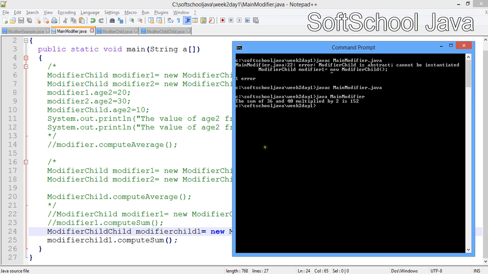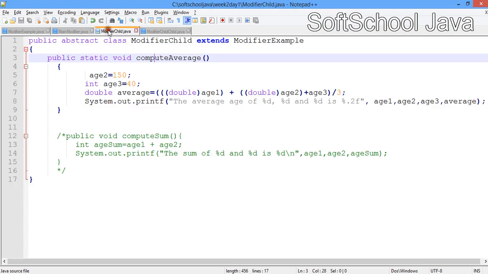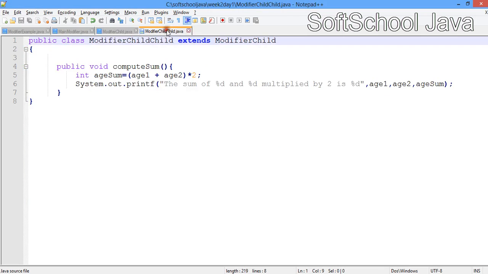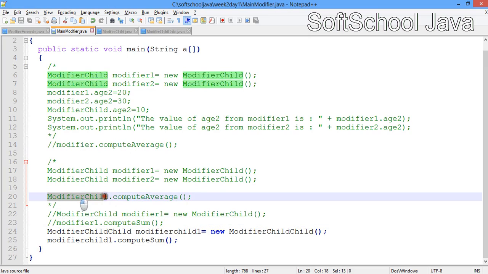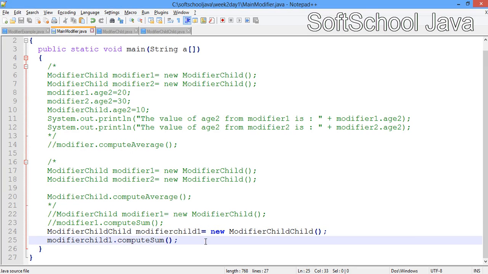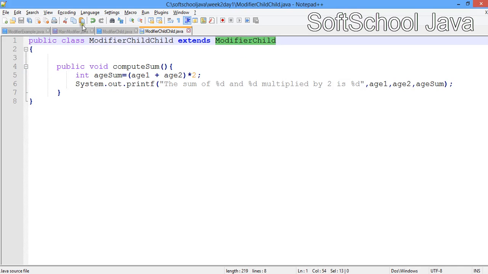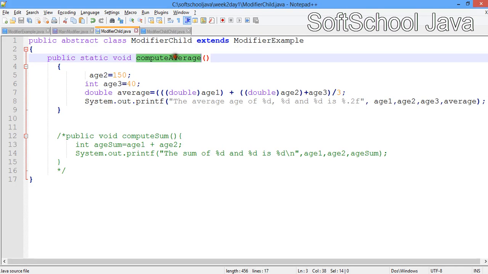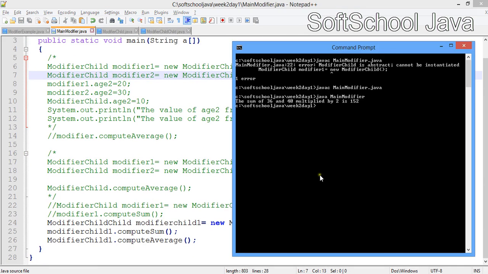That's it. The interesting part is that if you look at this class, we don't have this method called compute average, and in this place we can actually say modifier child 1 dot compute average, because this compute average method is coming from the superclass modifier child, which is here. So if we save this and compile again,